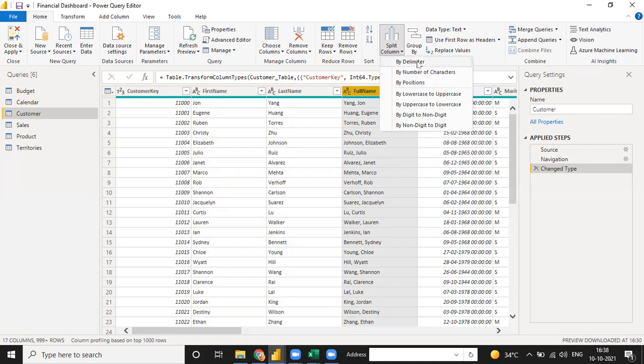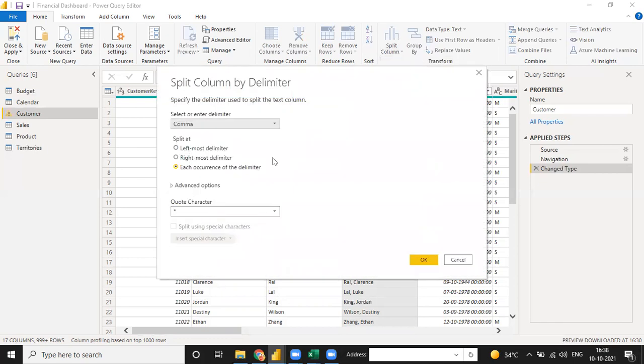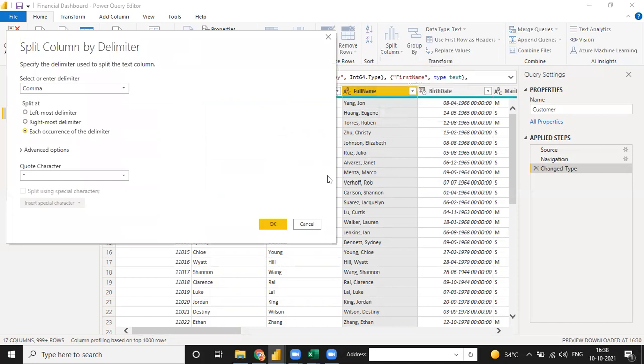So when you click on by delimiter, okay, and write it here as each occurrence of the delimiter and change the value.